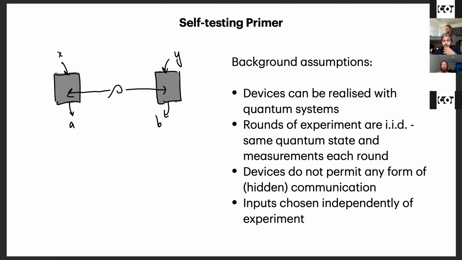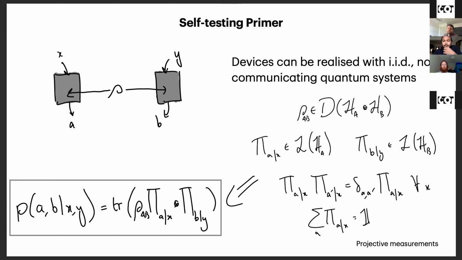And the devices don't permit any hidden form of communication or any obvious form of communication. And importantly, the inputs to the device, X and Y, are chosen independently of the experiment. So you've got some process that generates X and Y for you, and you plug that into your devices. And that process to produce X and Y is independent of what is in the experiment. So if I can distill all of those background assumptions into a claim, it's that